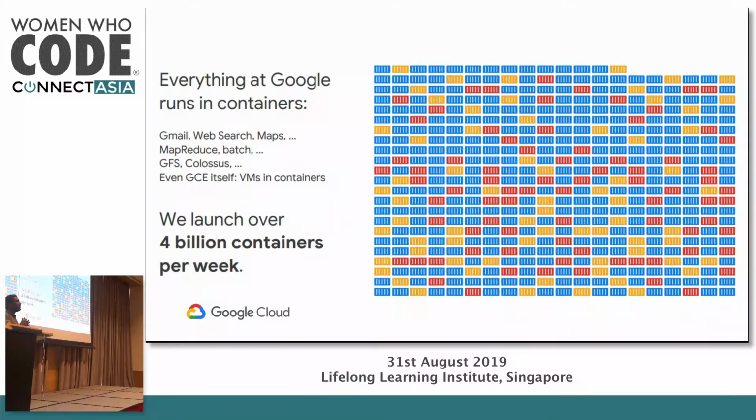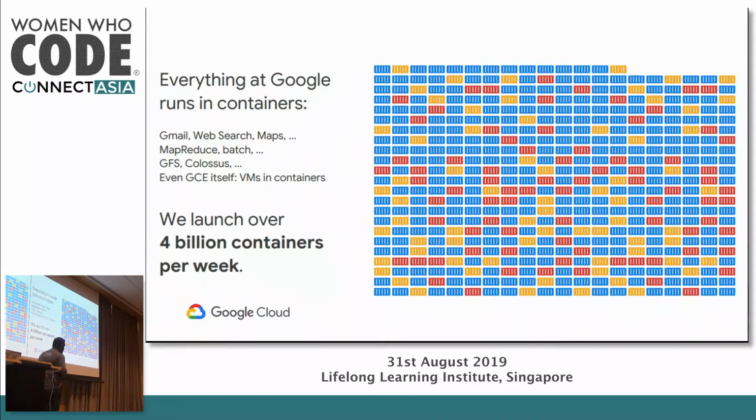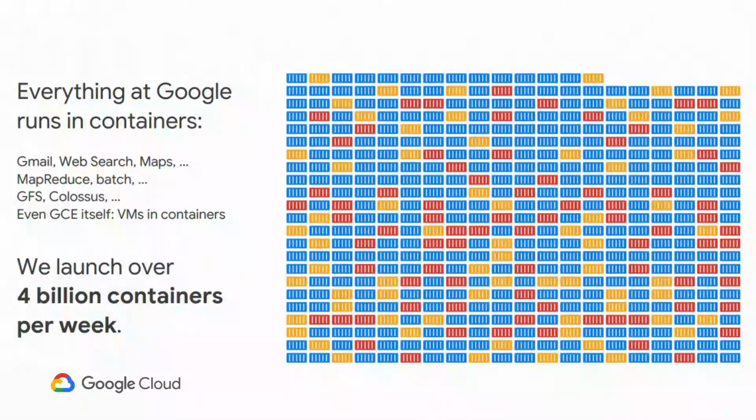Has anyone been to a Google talk before about containers? Have you seen this information before? Okay, so the reason why I put this up here is because Google, as I keep mentioning, has been a very vocal proponent of containers, and everything internally runs on some form of container. Google actually initially came up with the LXC initiative, Linux Containers, and pretty much everything runs inside a container. So even Compute Engine, when you provision a VM, that gets provisioned inside a container within Borg. So Borg is,